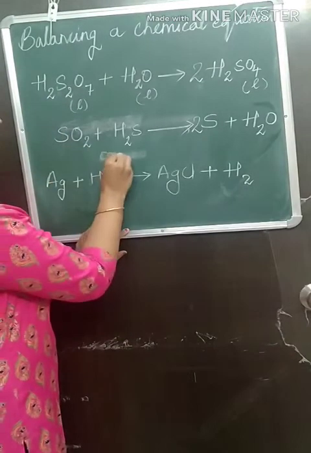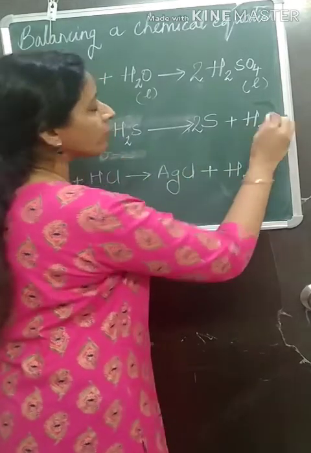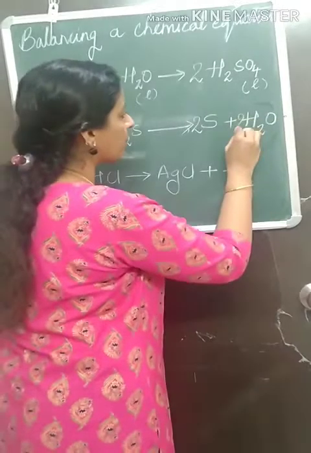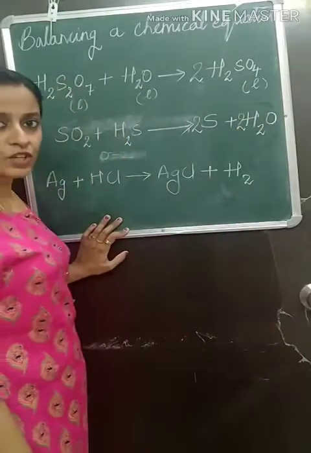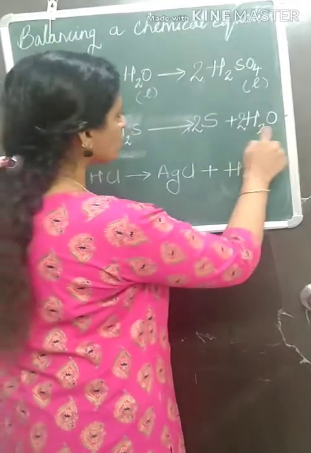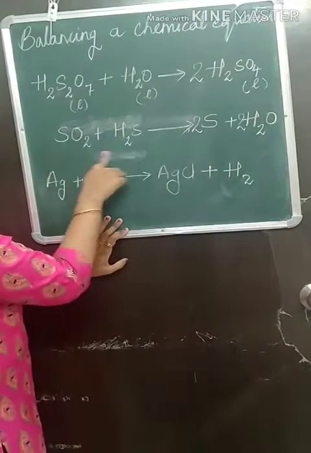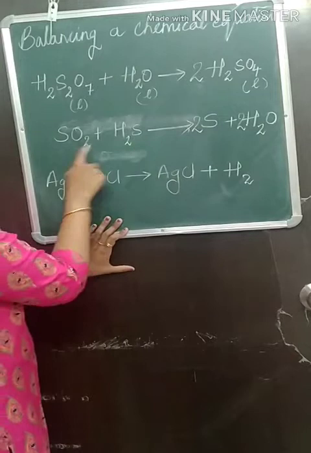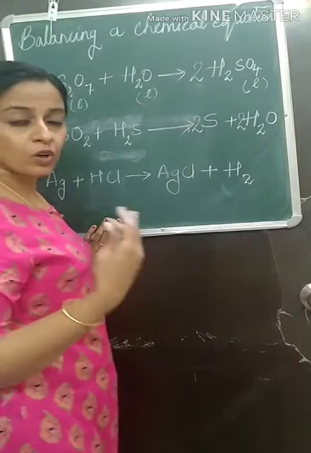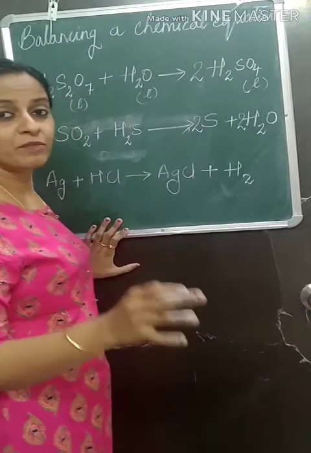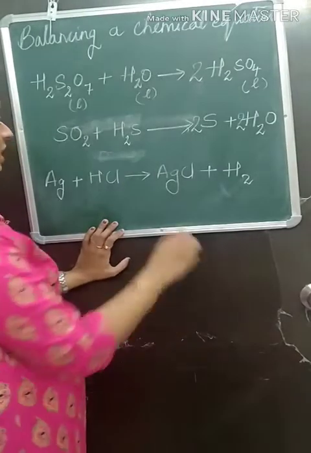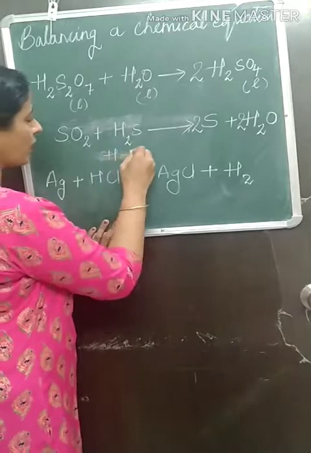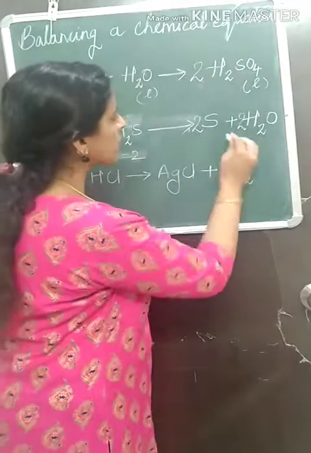Here oxygen you have 2, whereas here you have only 1. So to make this oxygen 2, you will multiply by 2 here. You will put the coefficient 2. Now oxygen also 2. Here also oxygen 2. And sulfur already 2. Here also 2. After oxygen, the last atom that you will balance is hydrogen. Just look at hydrogen. Here you have 2 atoms of hydrogen, and on the product side you have 2